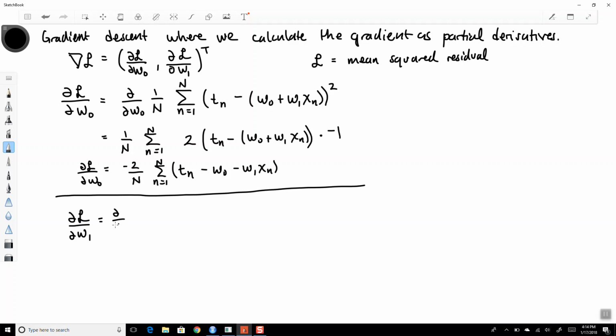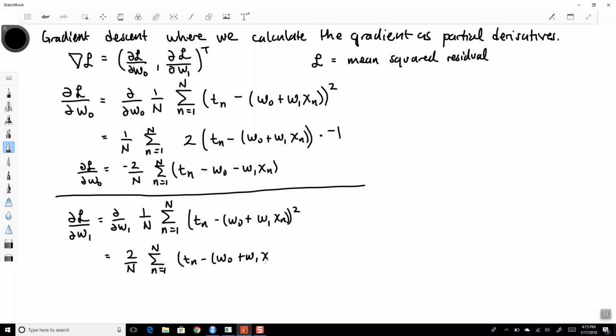Okay, so I get dW1, 1 over n, the sum from n equals 1 to capital N of T sub n minus (W0 plus W1 xn) squared, and again, just doing the chain rule, 2 over n, times the inside, times negative x of n. Okay, and so here I get -2 over n